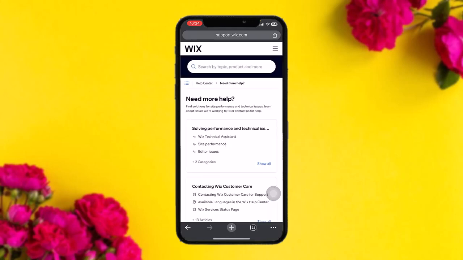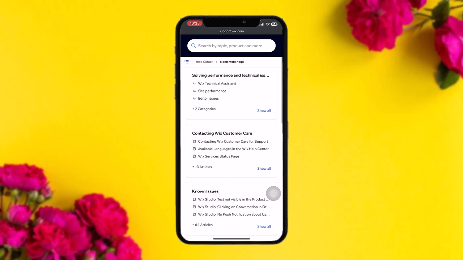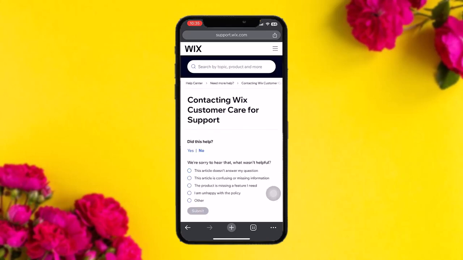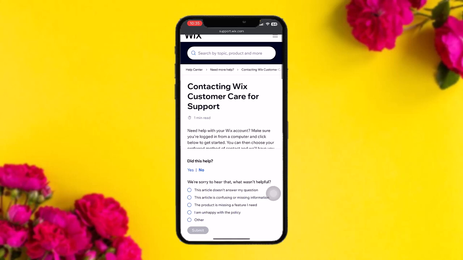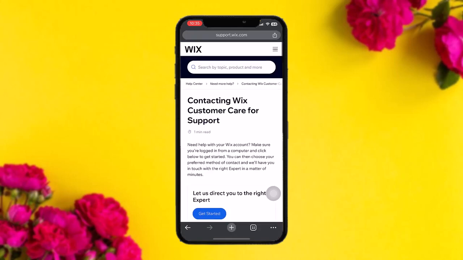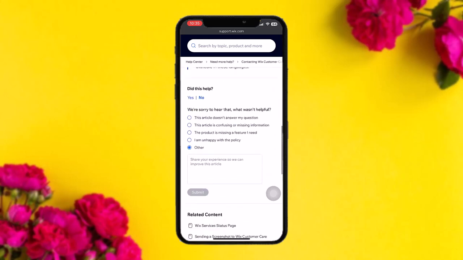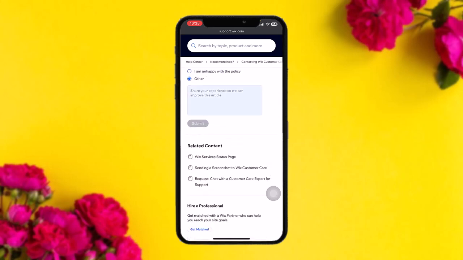And once you're inside here, under need more help, you'll be finding a bunch of options. Now select the option that says contact Wix customer care for support. And once you do that, here what you need to do is tap on order. And then now what you need to do here is scroll down and then here under related content you'll be